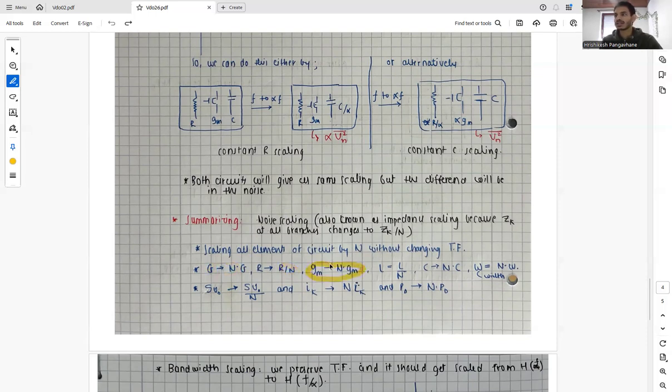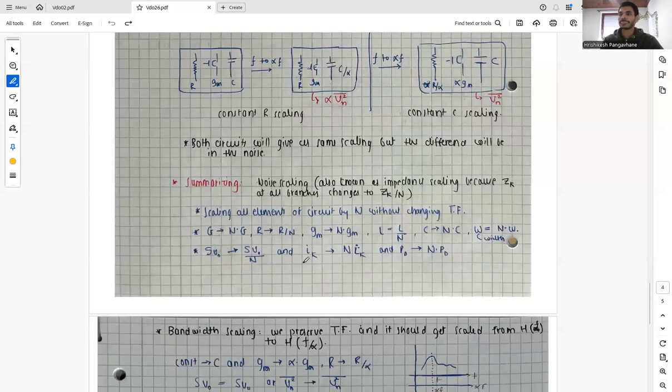Our gm of the MOSFET turns to n times gm, resulting in n times width. And we have the capacitor scaling as nC, and the inductor as L by n, or inductance by n. In this case, our output spectral density of voltage becomes downscaled by the factor of n, but the current drawn is n times I,